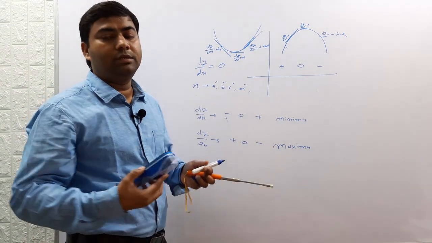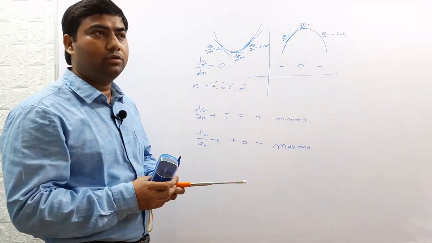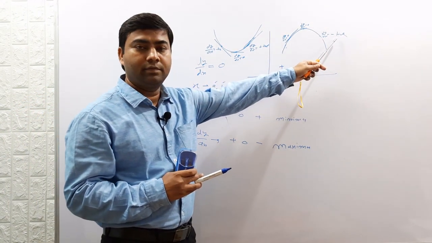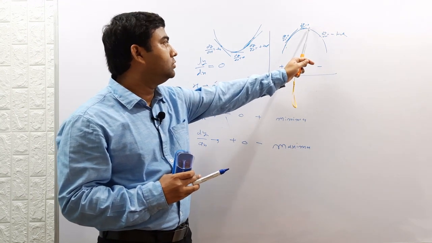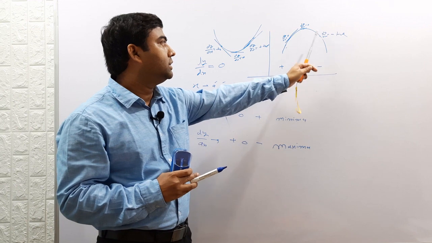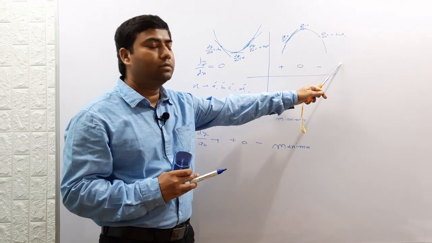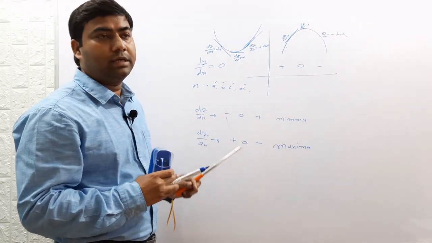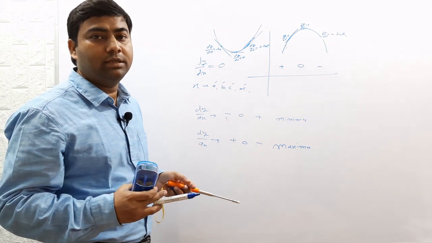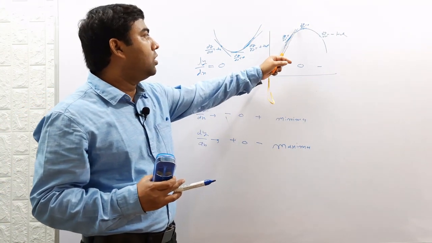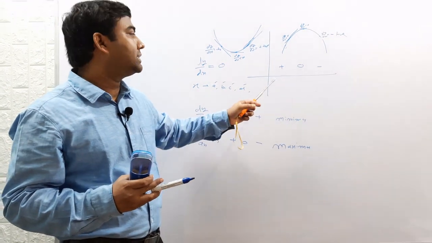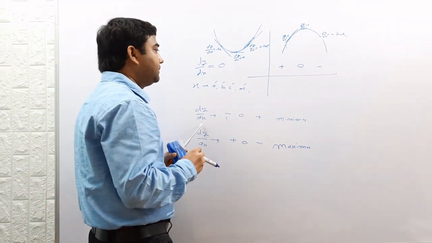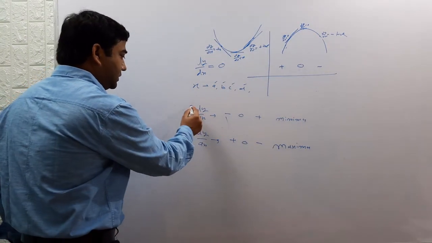The sign of dy over dx is nothing but the gradient of the tangent, and the gradient of the tangent for an increasing function is positive, for a decreasing function negative. By the nature of the function, any tangent you draw in this decreasing function will have a negative gradient. Their angle with the x-axis will be more than 90 degrees. Similarly, for an increasing function, all tangents will have an angle with the x-axis less than 90 degrees. Hence, their gradient will be positive. Okay? So, this is one of the methods